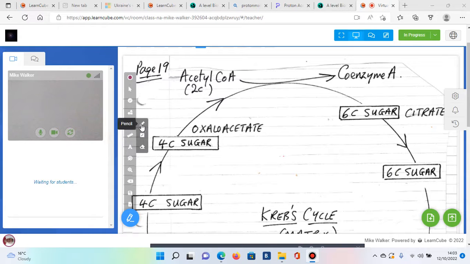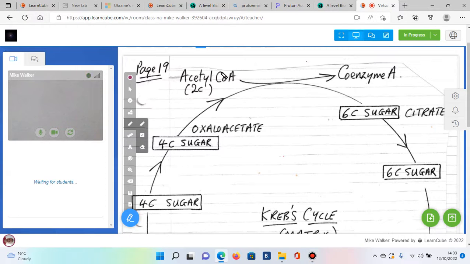Here we go, link reaction over, and there it is, acetyl coenzyme A. There's the all-important acetyl group, containing 2 carbon atoms. The coenzyme A is the carrier molecule. And we're now into the matrix of the mitochondria, and that acetyl group is going to be added